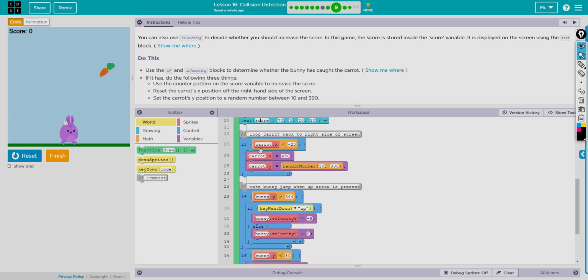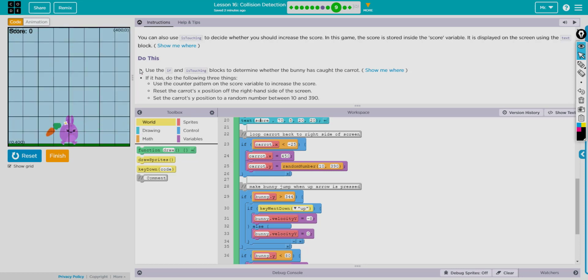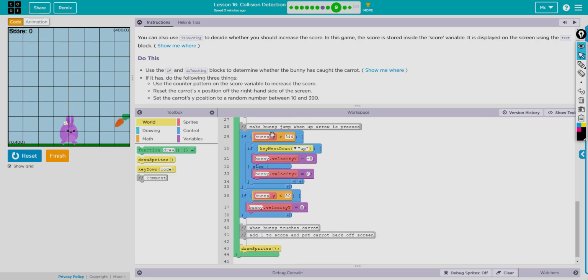So if the x value of the carrot, meaning if it goes past here, we're going to move it back to the right side of 450, which is past the 400, so it's around here. And the y value is anywhere between 10 and 390, so it's going to be in this field. Whenever we press this to make the bunny jump,